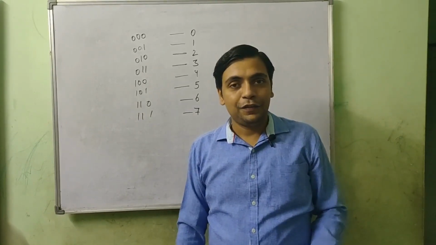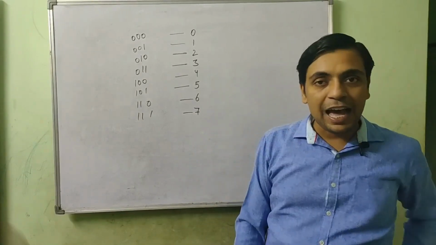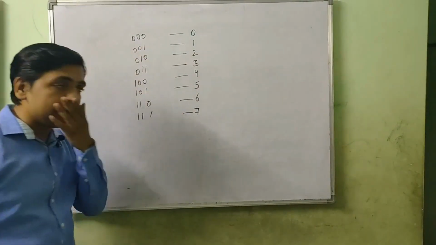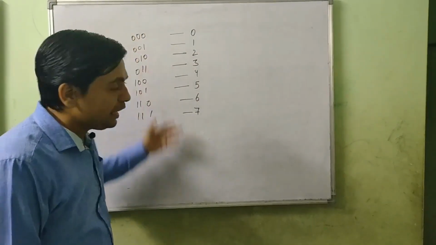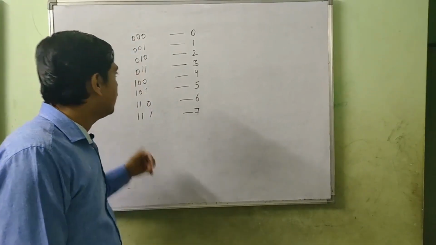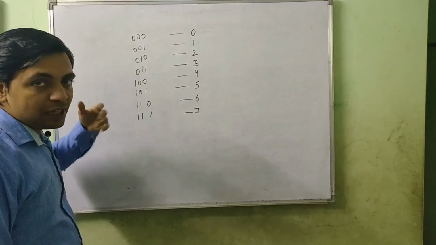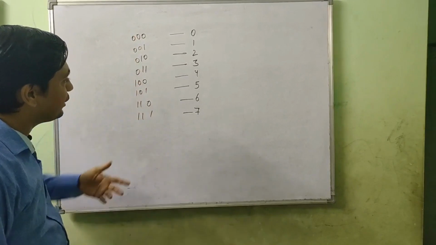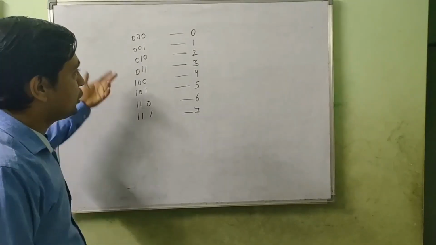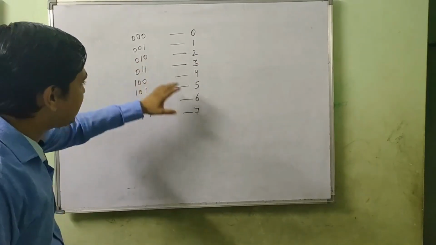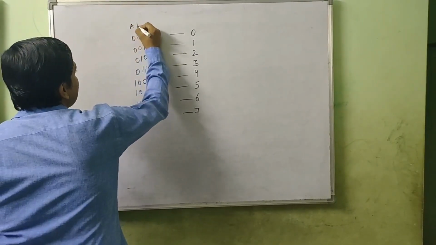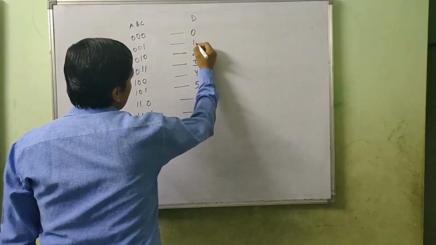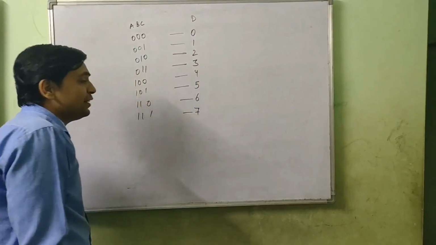So a decoder for binary to octal will have 3 inputs. Why? Because it needs 3-digit binary. And how many outputs will be there? 8 outputs. Let's assume them as a truth table, because I am going to explain it to you. If you want me to separate them, I can, but it will take time only. You will understand it, don't worry. So let's assume them as a truth table, and let's represent these inputs as A, B and C, and these outputs as D. So it will be D0, D1, D2, D3, D4, D5, D6, D7.